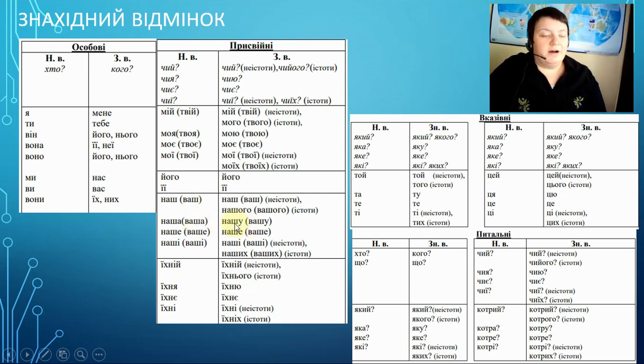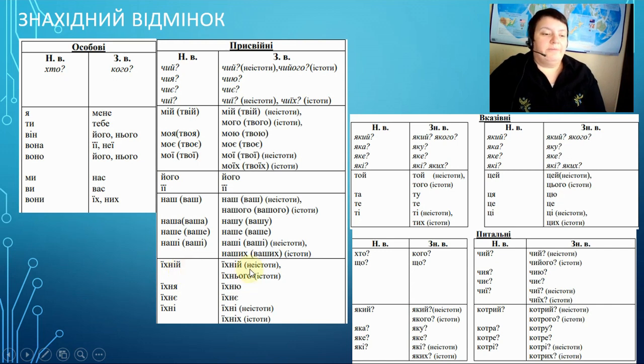The forms are for both animate and inanimate, нашу, вашу in feminine. Наше, ваше, the same in neuter. Наші, ваші, plural. And if it is inanimate, наші, ваші, the same form, but if it's animate, наших, ваших.